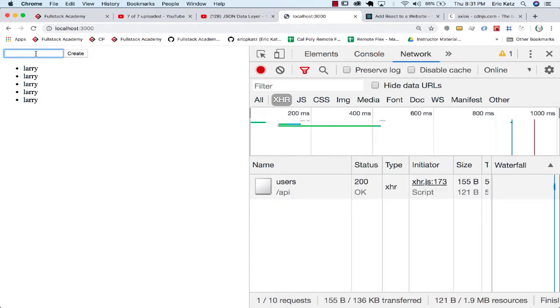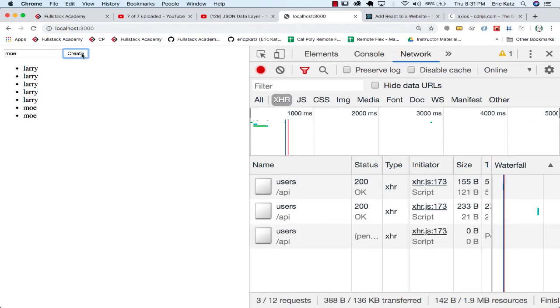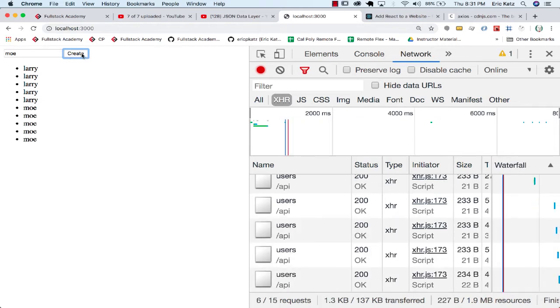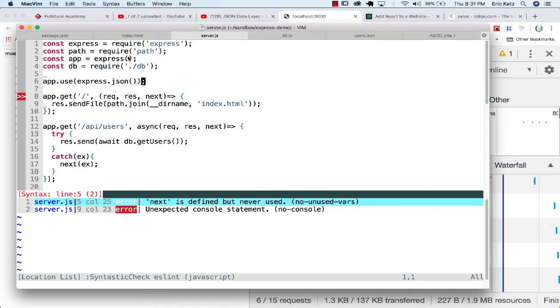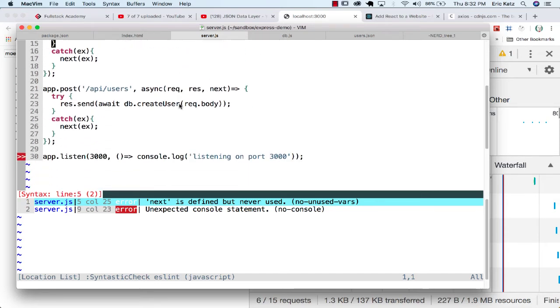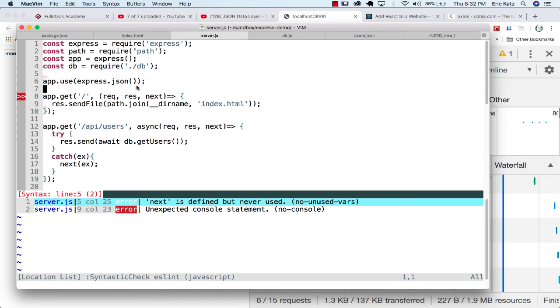So now we've got these users, and I could go over here, and I could see that I could start adding users, right? They're getting added to my file. So what this ends up doing is this basically listens for the data that's coming in there. It's listening for the request, and by the time I make it down here, I'll actually have this request.body filled in. Again, just so you could see this, if I comment out this line,